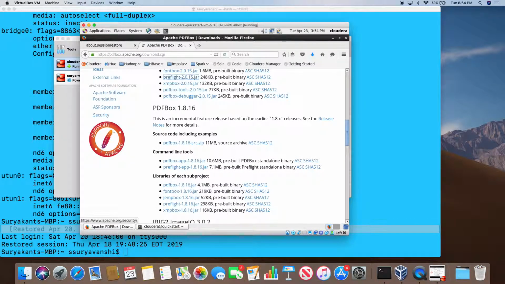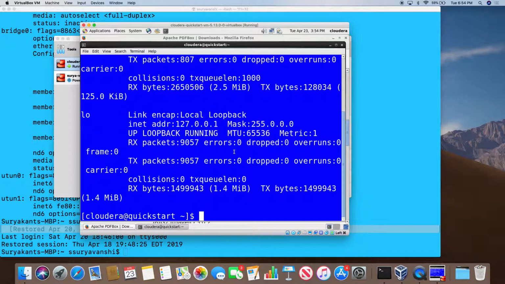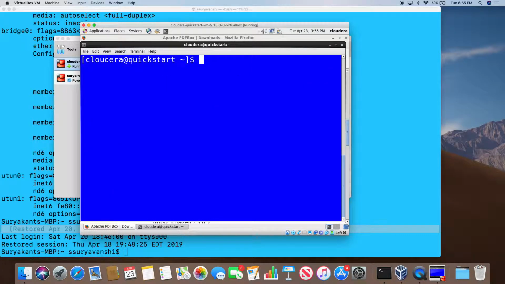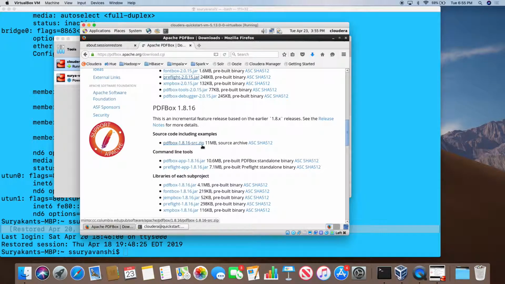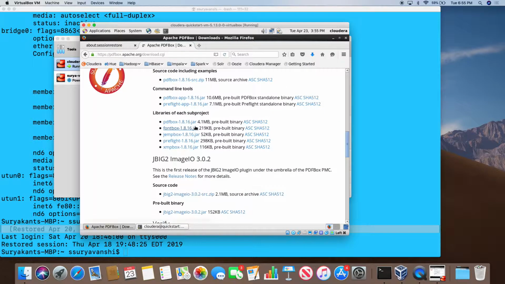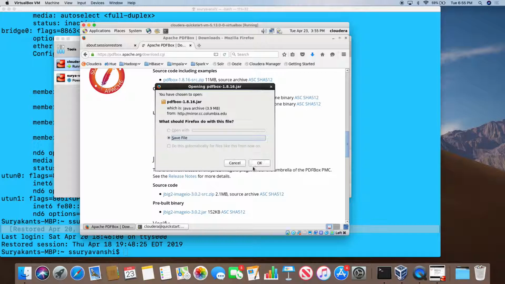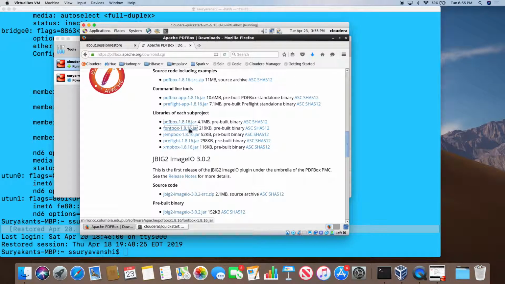Go to the command prompt here, and in the command prompt clear the screen and then mkdir ext, mkdir ext jars. We created the directory, cd ext jars, but we have not yet downloaded. So go to the browser that you have created just now, where the Apache PDFBox is there, and this one. Okay, so download and then save file 1